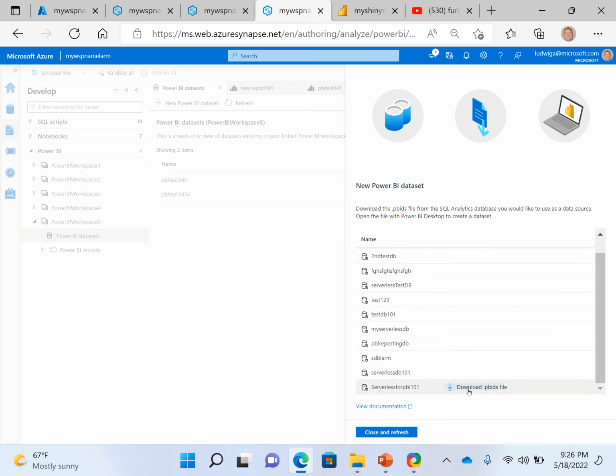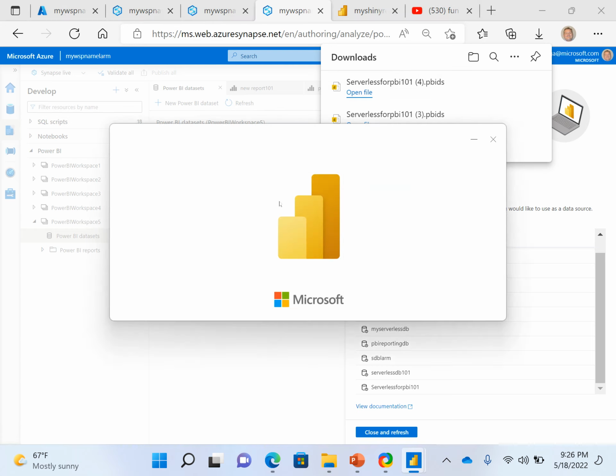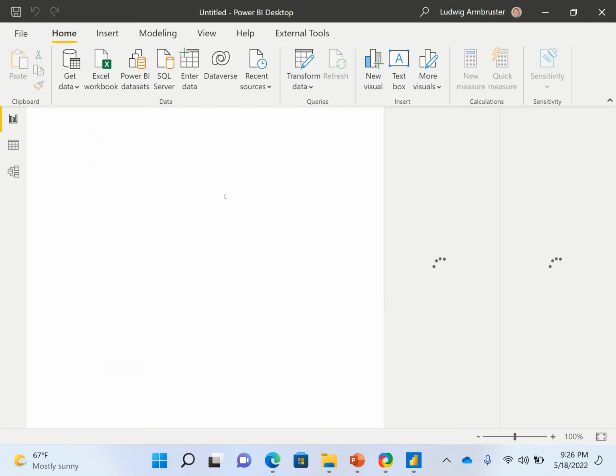I select the same file again, the same database. I open this one, and then let's play with this a bit further to see where we end up. Now this time, what I want to check out is a direct query connectivity,